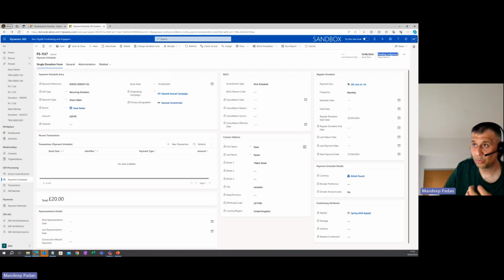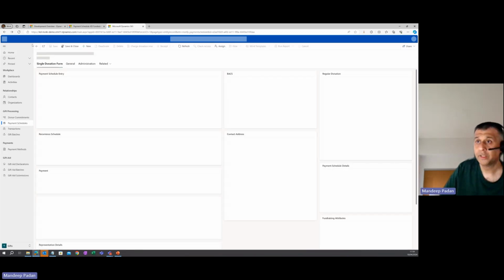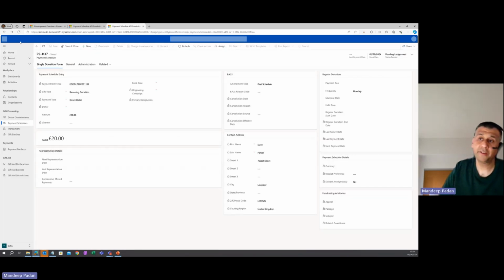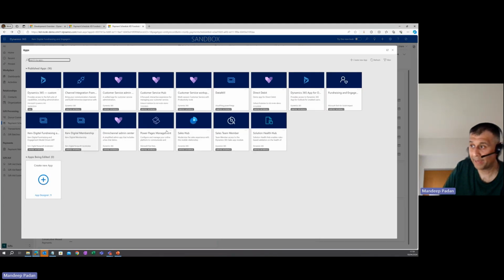The way it will send this regular donation instruction to the bank is via that Data Mill that we spoke about earlier. So behind the scenes, I'm just going to duplicate the tab. Within CRM, we install Data Mill, so you can get to it from within CRM. It is an application that sits within CRM, just like here. And if I click on Data Mill,